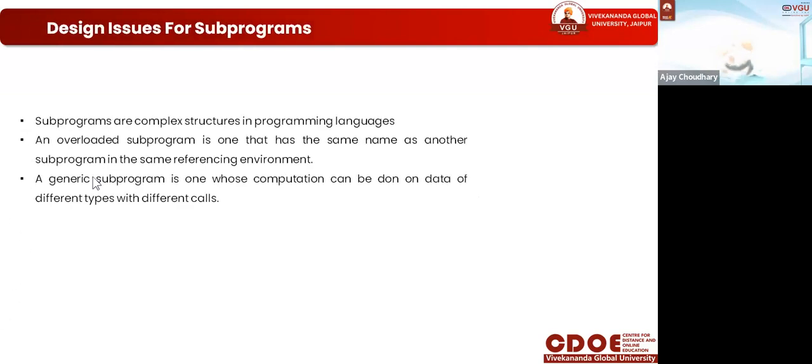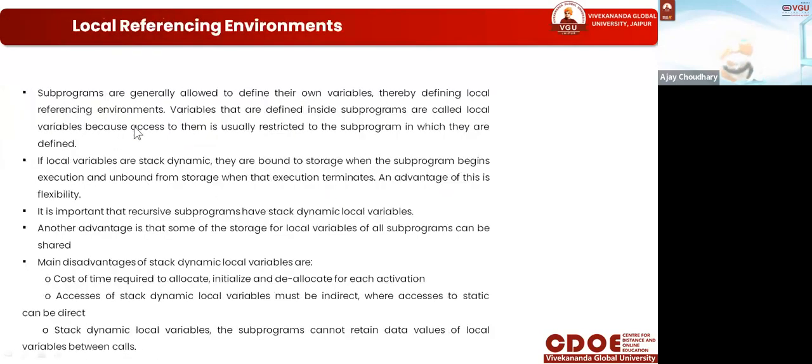So subprograms are complex structures in programming languages, and they can be overloaded. Overloaded means that if a subprogram has the same name as another subprogram, they share the same referencing environment. Maybe it happens with our same code. A generic subprogram is one whose computation can be done on data of different types. Local referencing and global referencing, and